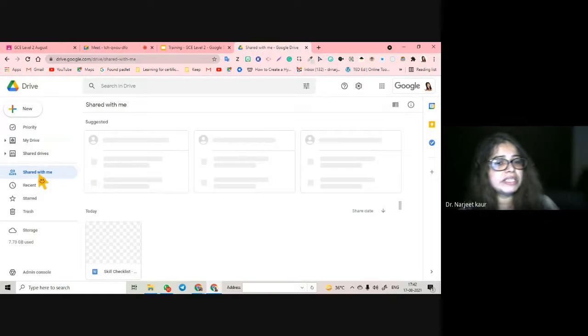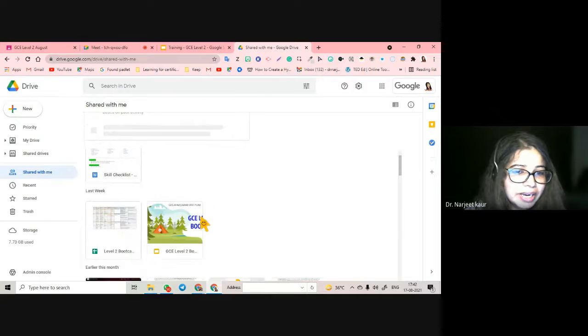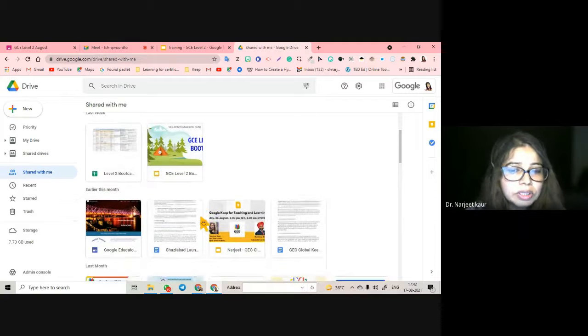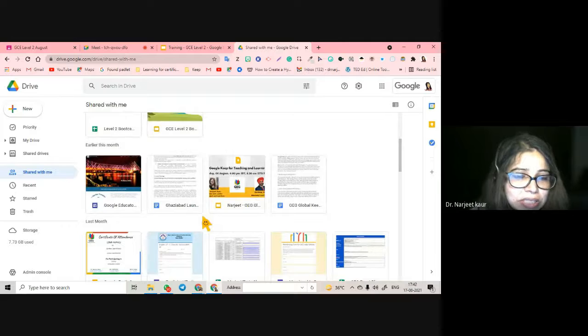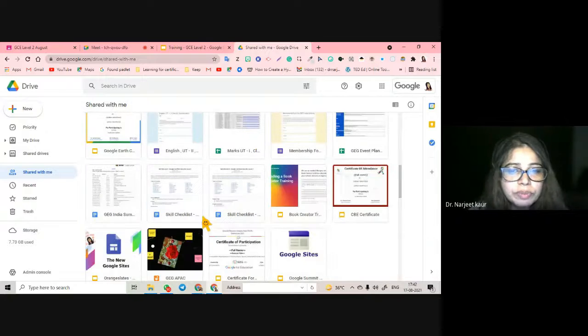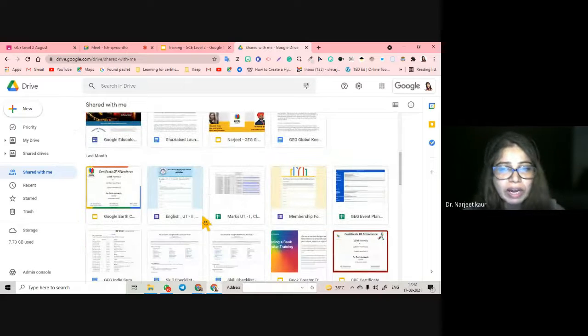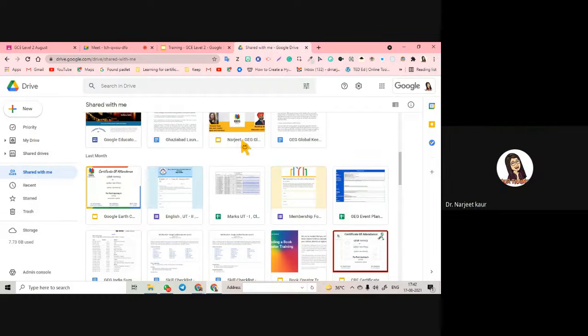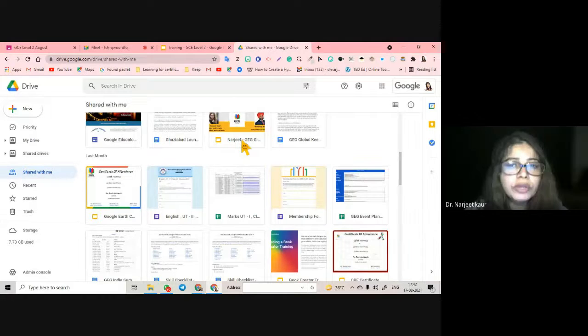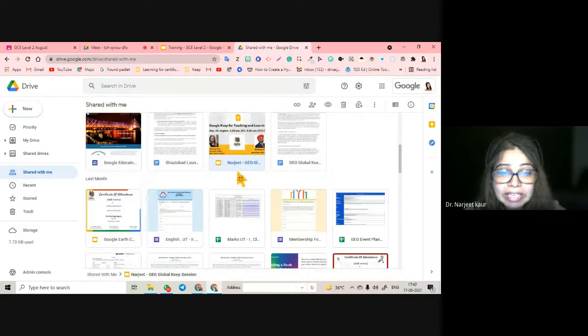This place, Shared with me, is a kind of folder wherein all the files which somebody else has shared with me are going to be here. All right, you can do a bunch of things with these files. You can move them to your main drive, but remember, you cannot do anything else because these files have been created by somebody else.